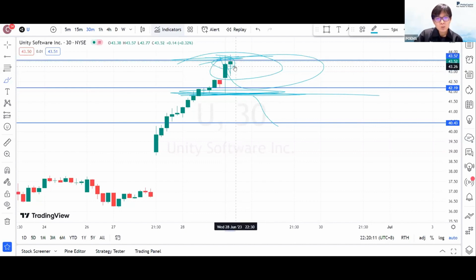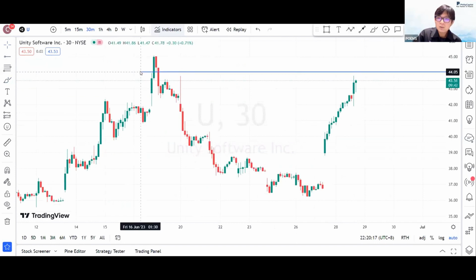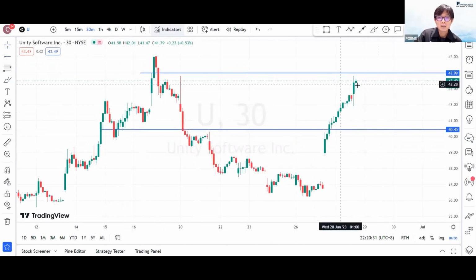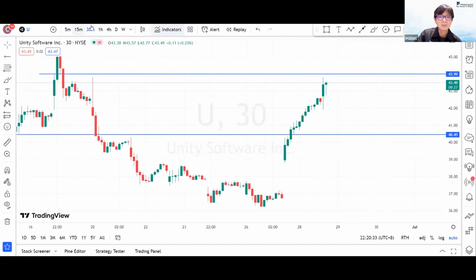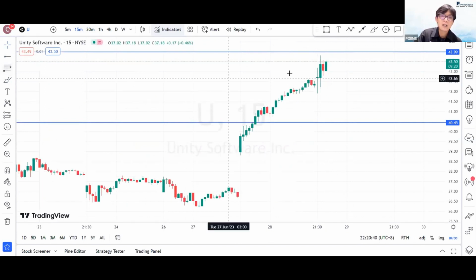So with this price action, what we might essentially be looking at is Unity trying to go above, basically their previous candle high, which is at 43.8 level. We might be just seeing it tapping into a 44 level, not now, but when the candle is printing basically. But just take note, 15 minutes itself, previous candle bearish. So as long as we can see a higher high of the previous candle, we should be seeing 44 coming in.